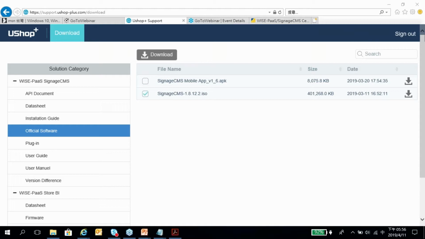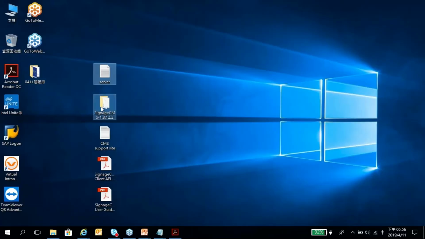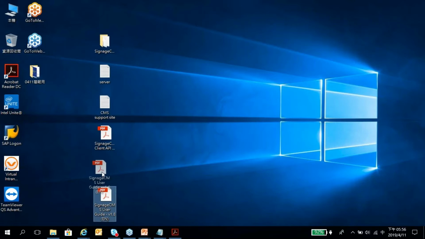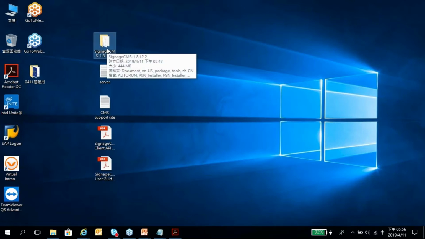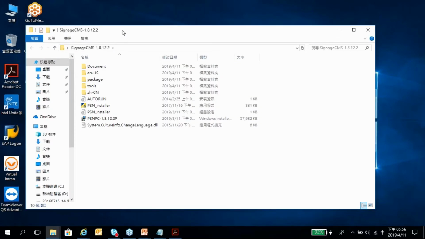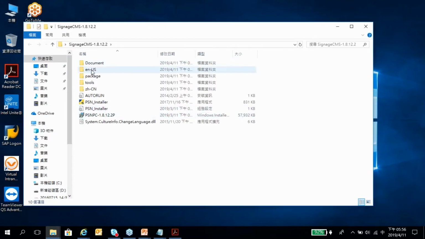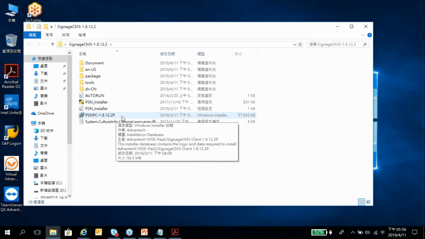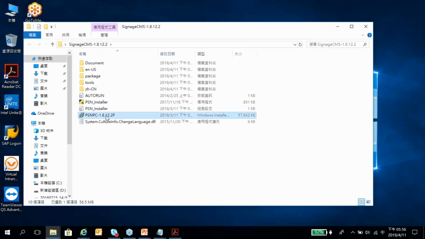If you finish download it, and actually the ISO file can be unzipped by WinZip or WinRAR. So after you unzip it, you will have this folder, and this folder has all these files, and we see this